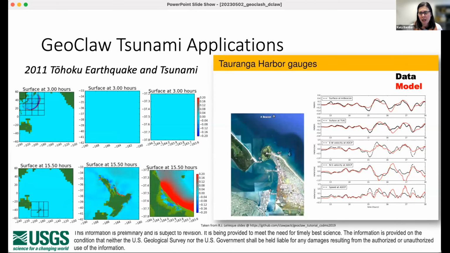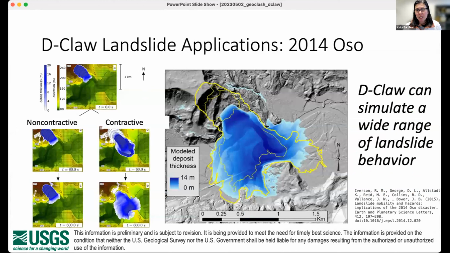And you can see in this right-hand column the matching of the wave height and wave velocities in the harbor in New Zealand. An application of DCLAW to past landslides is this one here, taken from work by Dick